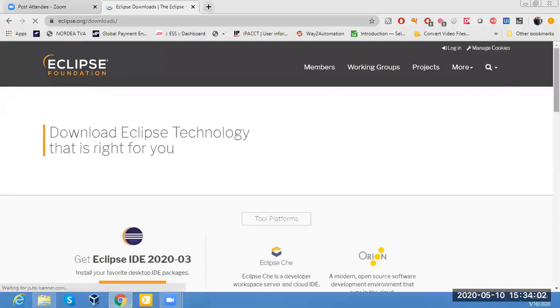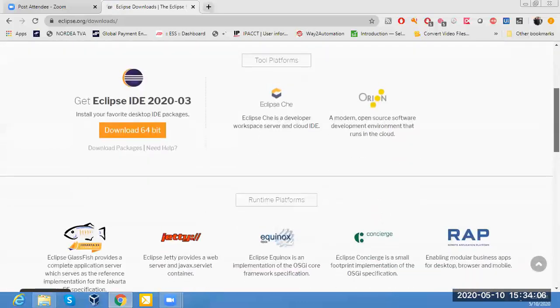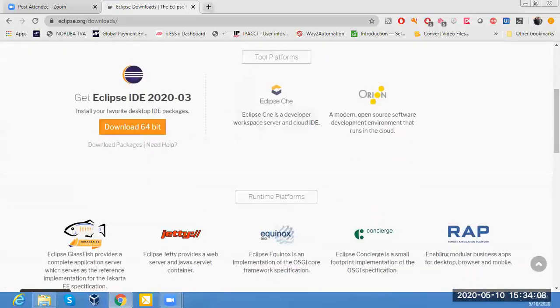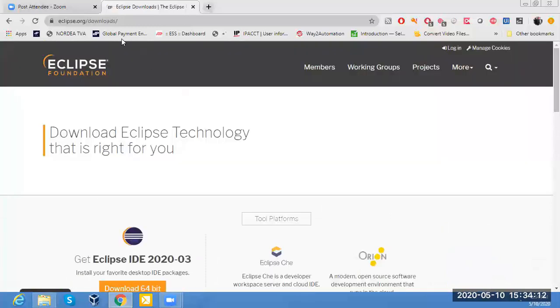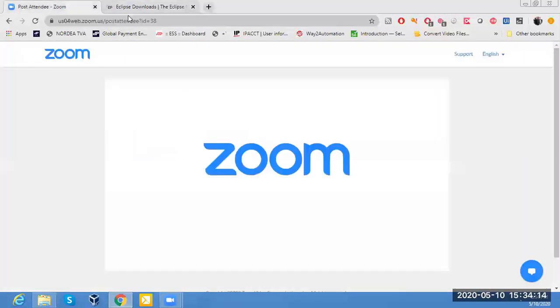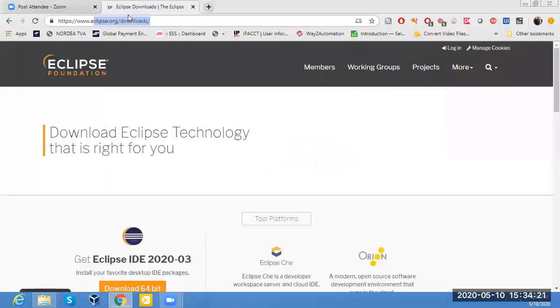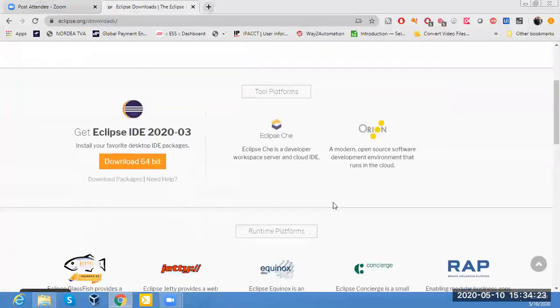It will open the Eclipse official website. Then if you have a 64-bit operating system, you can download from this link. If you have a 32-bit operating system, then you can search for Eclipse download for 32-bit operating system. It will show that link and you can download from that link. Click on this link.